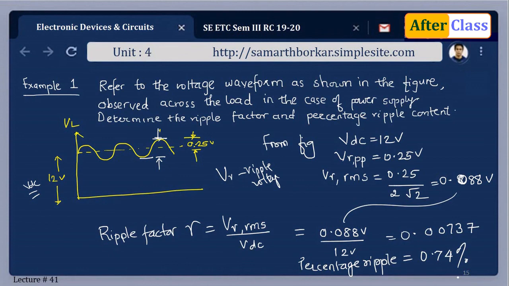And when you mount the circuit in the laboratory, the practical circuit, then you have to check the output waveforms on the CRO. Now for example, this is what you observe on the CRO. By just looking at the CRO, and if you have the knowledge about the computation of the ripple factor, you can easily calculate the ripple content. Fine. So this is more about the graphical analysis.